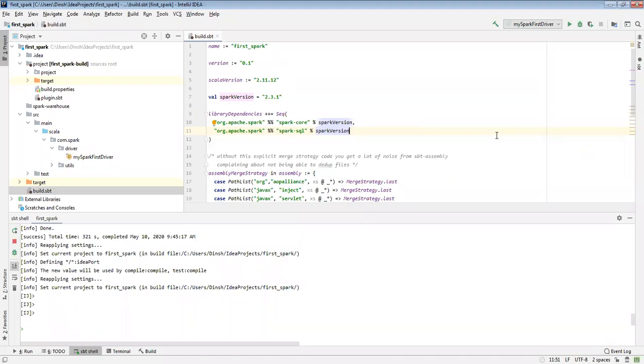When you are creating a project, the structure will be different, and when you are adding a dependency, how you add the dependency will change. But this is one-time work only. Whenever you do some code change, you will not touch your repository file. When you create and launch your project, only that time you need to work on this repository part. Otherwise you don't have any work on it. It does not play a very important role. Whether it's Maven or SBT, you can go with any one repository. Don't get confused in that part. Okay.